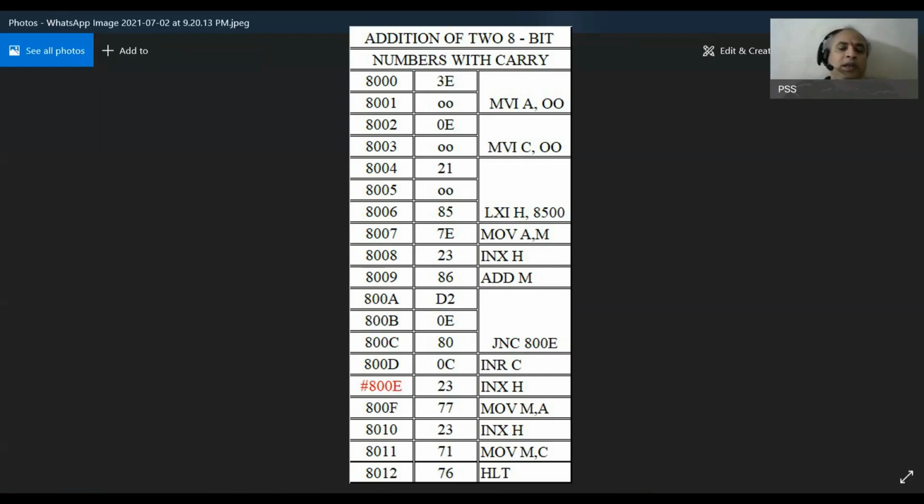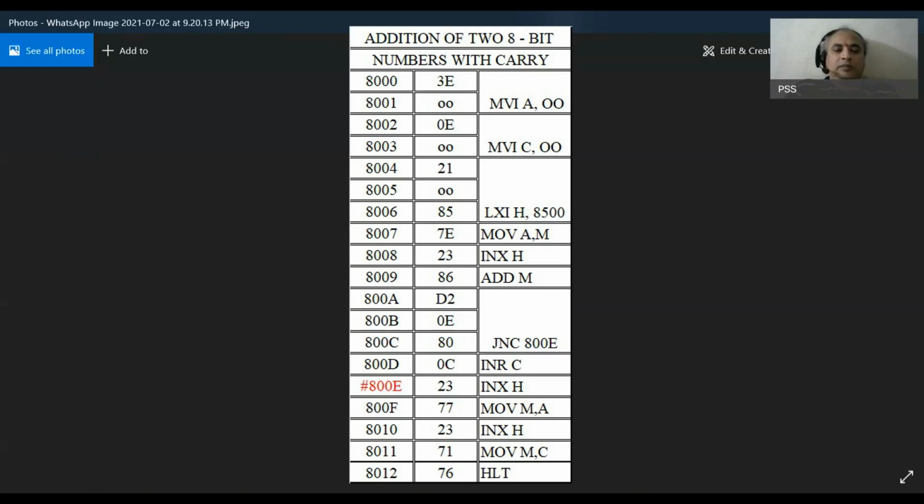It will simply move the number which is present in the memory location 8500 to the accumulator. So in the first step, we have brought the first number to the accumulator. Next, we have used the instruction INX H. By using this instruction, we have incremented the memory location. Now the memory location would move on to 8501, in which the second number is stored.